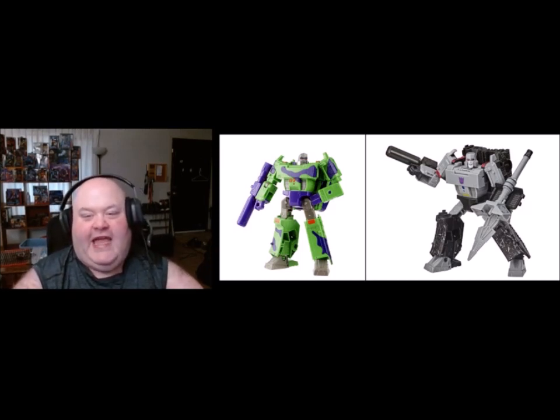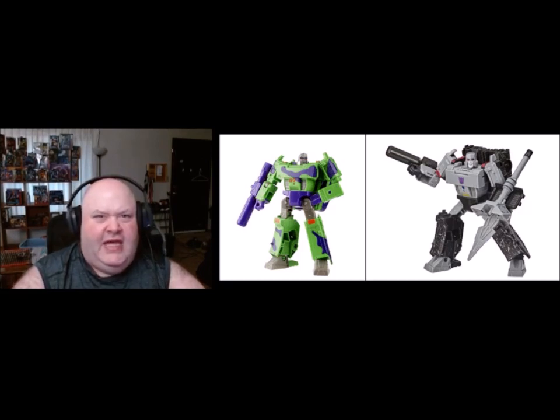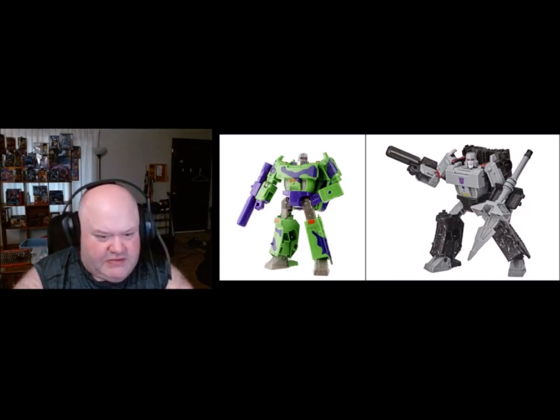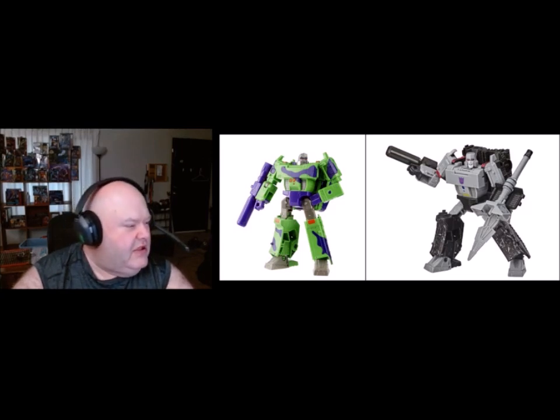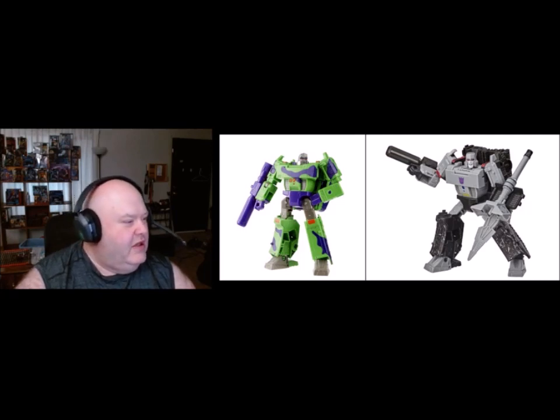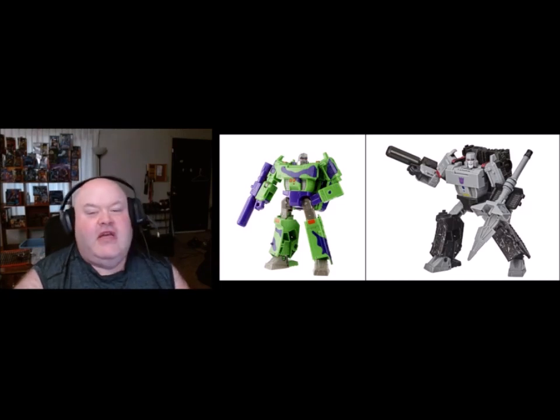I think another reason why I finally caved in and bought this figure was I bought the Legacy Laser... Oh, Legacy Laser. I think it's Legacy Laser Optimus Prime. Hold on, let me pull it up because I can't recall if that's the correct name. Okay, hold on, let me see. It's a leader class. I remember that. Yeah, Laser Optimus Prime. Now, I can't tell if this guy is supposed to be G2. I think it is supposed to be G2, though. Yeah, it's part of the first wave of Legacy Leader Class toys. Laser Optimus Prime is an updated version of his G2 design, which transforms into a mid-19... Yeah, so basically it is...